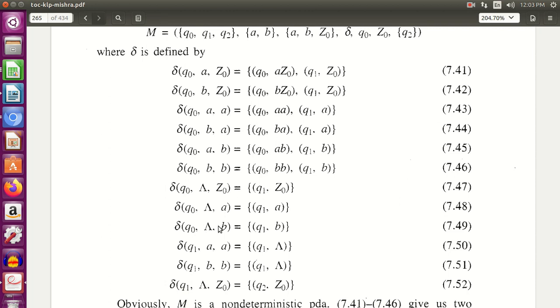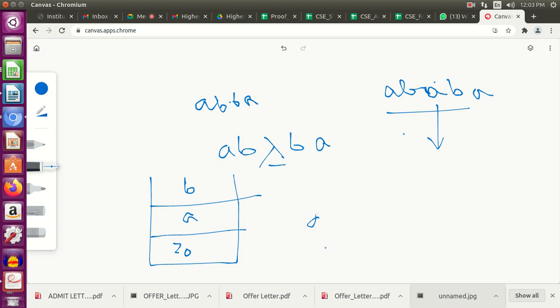I assume that I get lambda, and what I do is I change the state to Q1. So simply I'll change my states to Q1. Now I'm in state Q1 and I get a B. I get a B and my top of stack is B. I pop the B. I get an A, my top of stack is A. I pop the A. Things are matched. I am left with Z0. String is accepted. PDA construction is good.